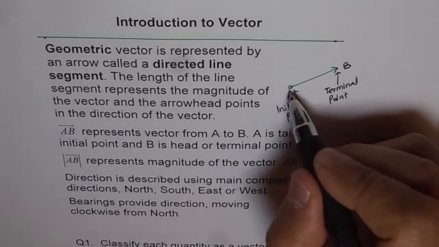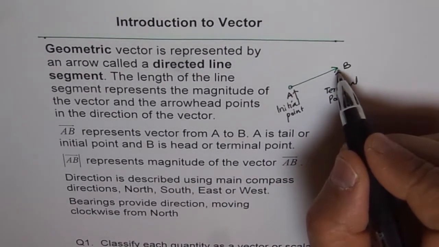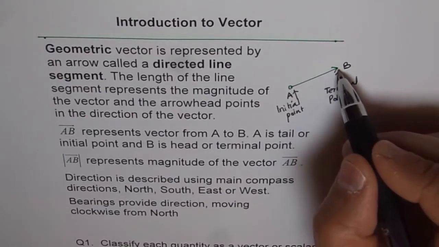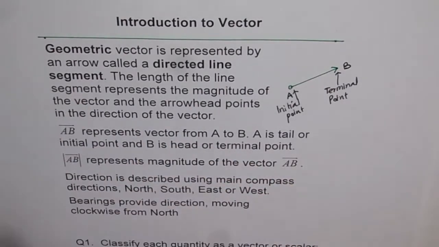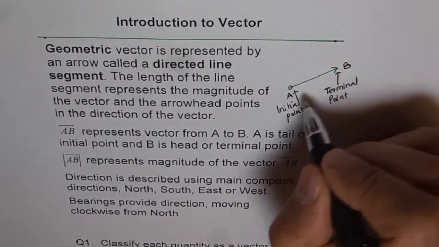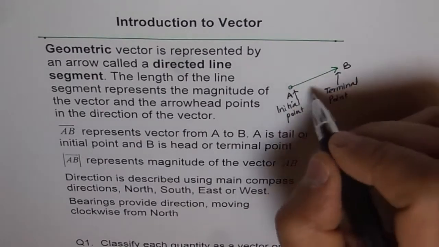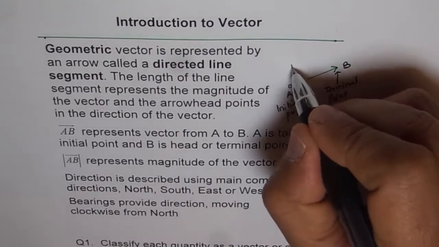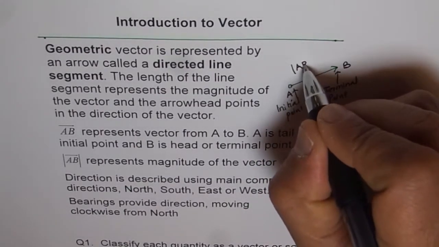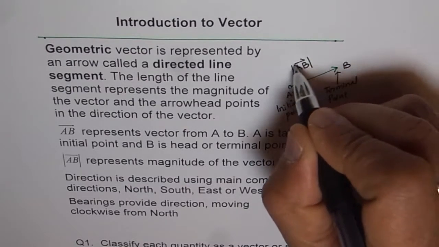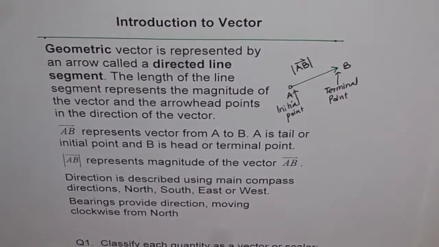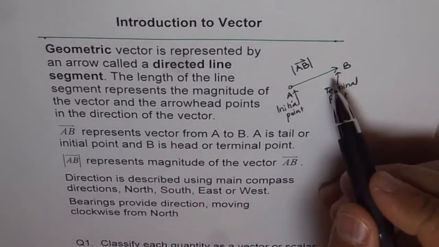Now the segment has a direction, so that is a directed line segment. That is how we get this word directed line segment. The segment represents the magnitude of AB. Magnitude of AB we write like this with absolute signs, right? And a vector is always written with a bar on the top. So a simple bar can work for you, or a bar with an arrow, right? So that is how we'll represent a vector